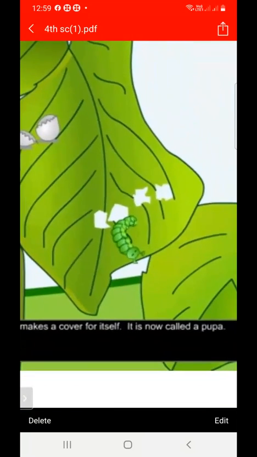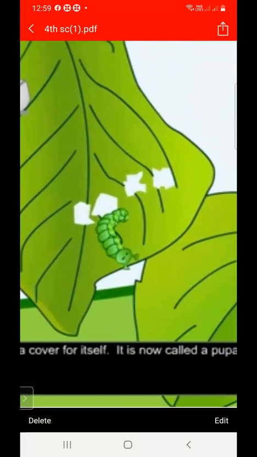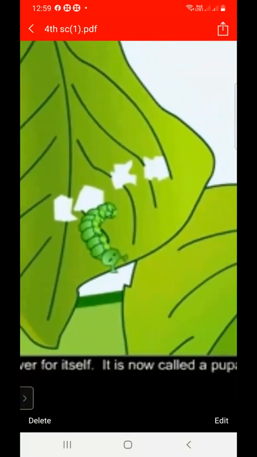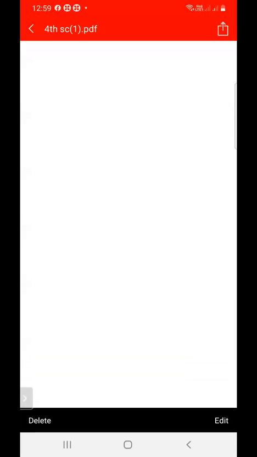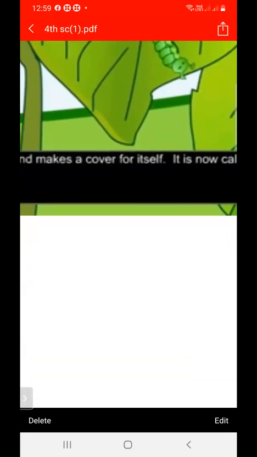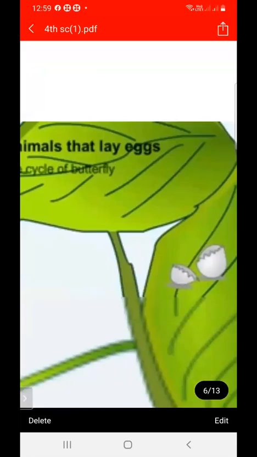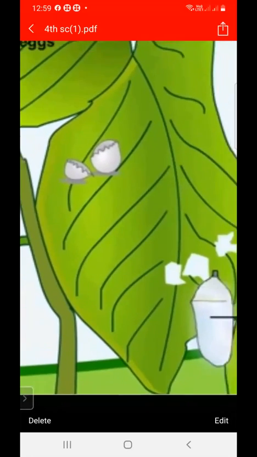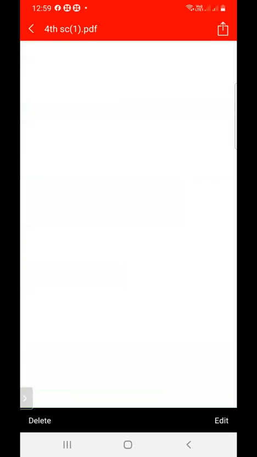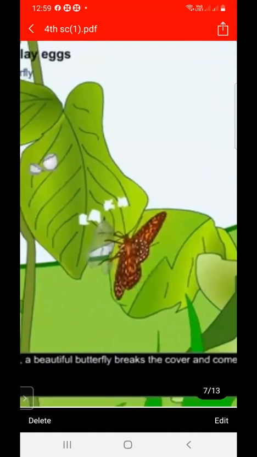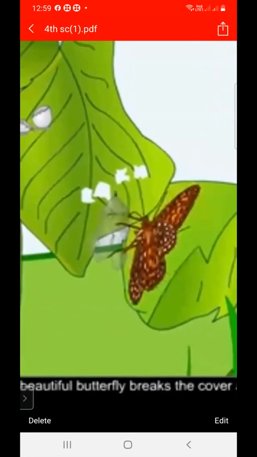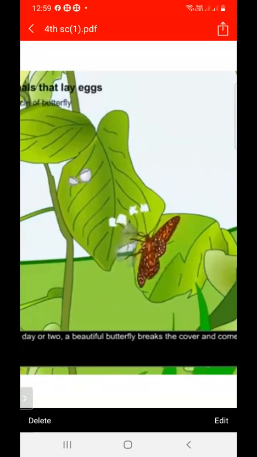As shown in the figure, this is the larva grows, and then when the larva grows, this looks like a cocoon, as shown in the figure. After this cocoon, then this will change into the insect. Then the larva bursts out. This will change into the pupa, and after this pupa, this will change into the insect. So this is the insect, and this is the life cycle of insects.